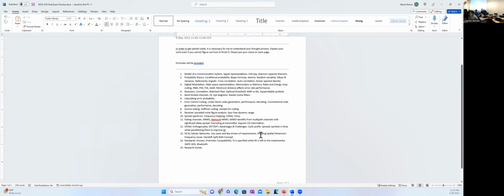Then we'll talk today about how in cellular networks we're dividing up the spatial dimension and using lower power, shorter range communications to be able to reuse the spatial dimension. There's a concept of frequency reuse we'll talk about, handing off from one cell site to another,